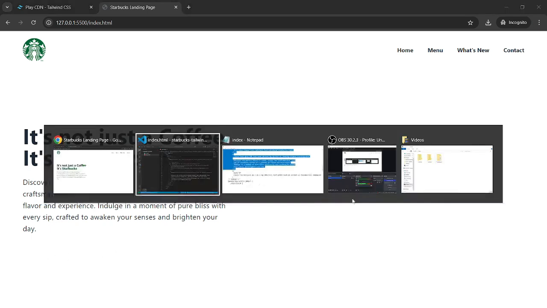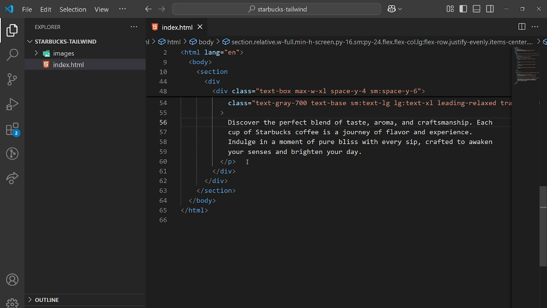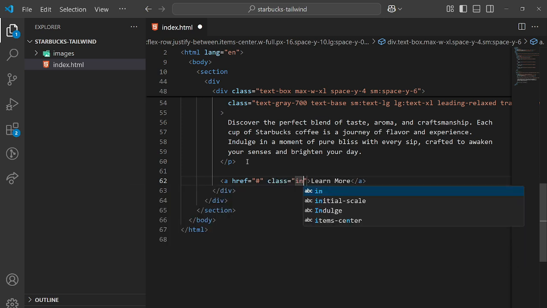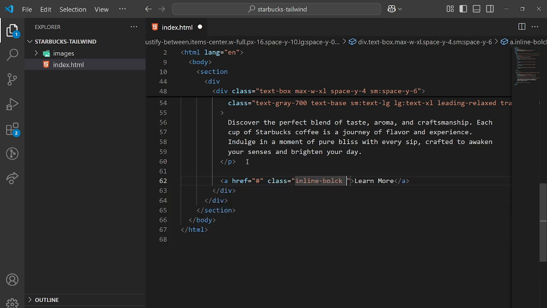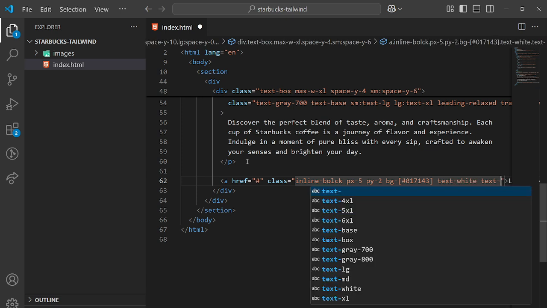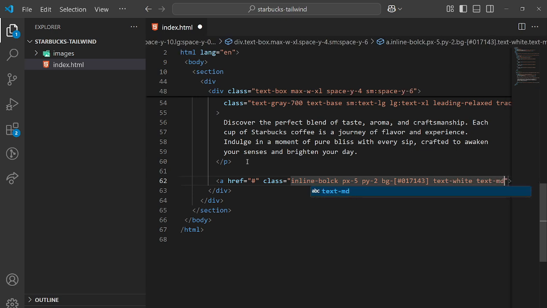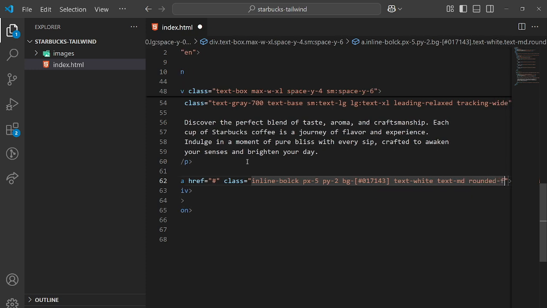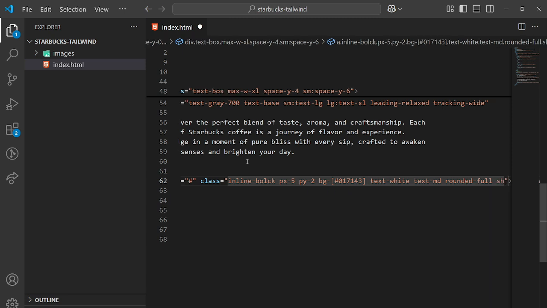So for that let's go back to the Visual Studio Code editor, and after this p tag need to create an anchor tag, and the text will be learn more, and the class will be inline block, display inline block, padding x will be 5 and padding y will be 2, and bg color will be 017143. Text color should be white color, and font size is md, and need to apply border radius here, so rounded is full,